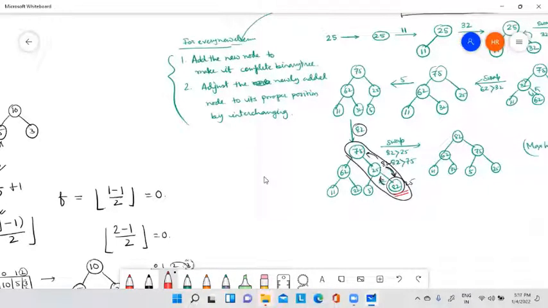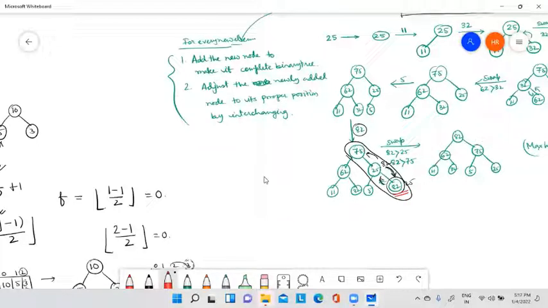Sometimes, suppose instead of 82 this one is 10, then the 10 element is in its proper position. But since it is 82, in that case it will be shifted to the maximum position. Okay, so this is the worst case.